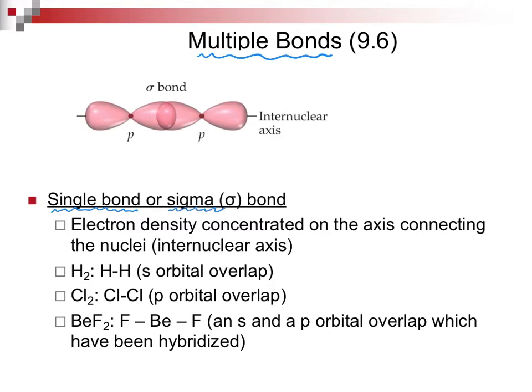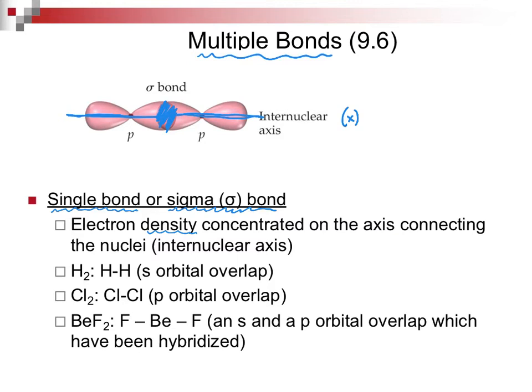A single bond is also called a sigma bond. Its picture is above. Notice the electron density is concentrated on the axis. Now, I always ask this question on a final exam when I wrote it, and only 10% of the people would get this right. When we call an internuclear axis, imagine it being an x-axis. Notice how where we have the overlap, that's what we mean about electron density concentrated on the axis connecting the